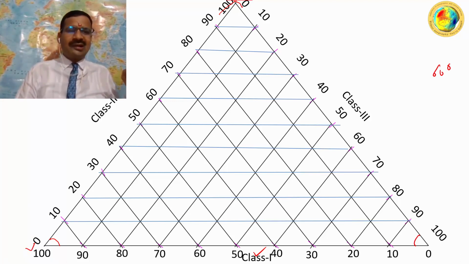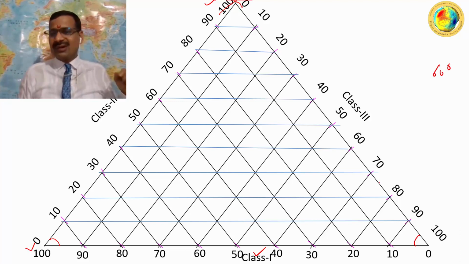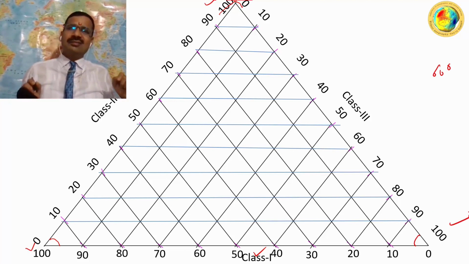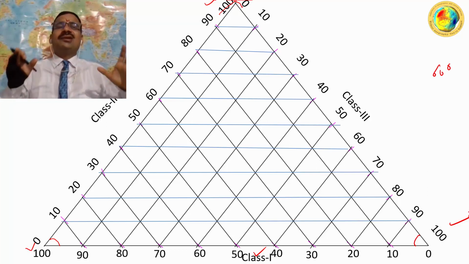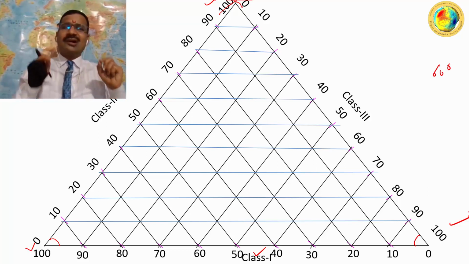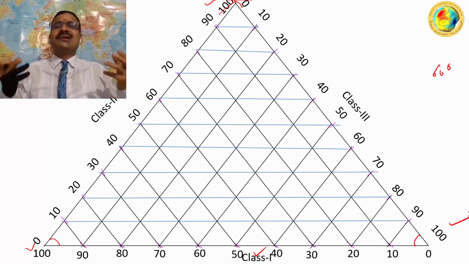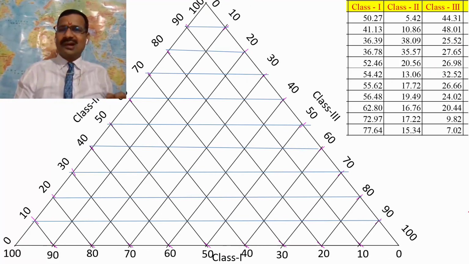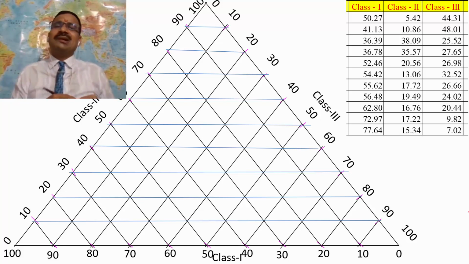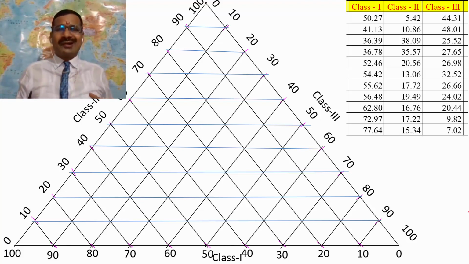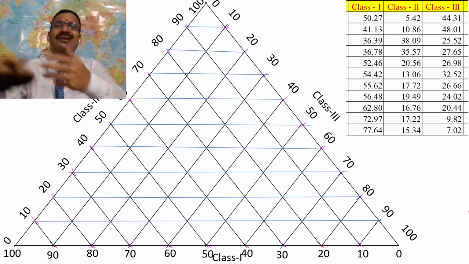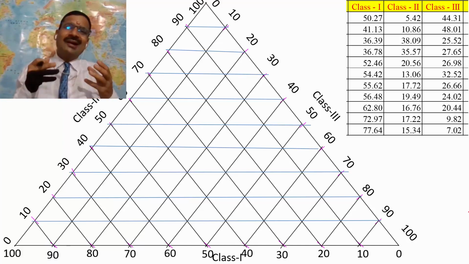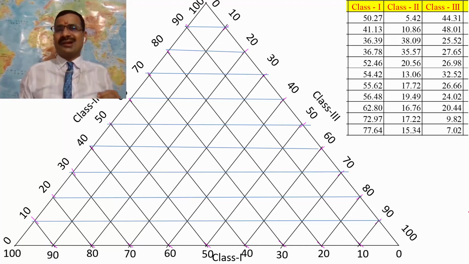Then again it will start at 0 at the bottom corner and will go to 100 at the top. Again it will start at 0 at the top and will reach 100 at the bottom. In this manner, initially you need to create a structure for the demarcation or depiction of the data using a triangular graph. Here we are going to depict this data, but I am not going to depict all these points because I will assign this as an assignment for you, and I will depict one sample example only.